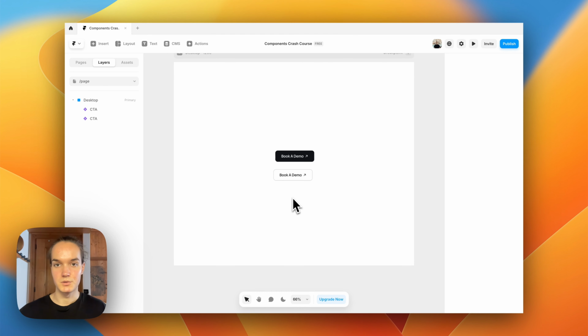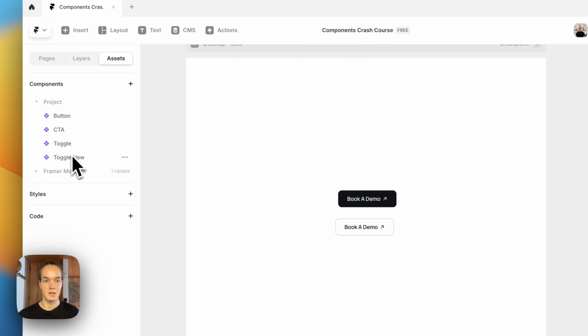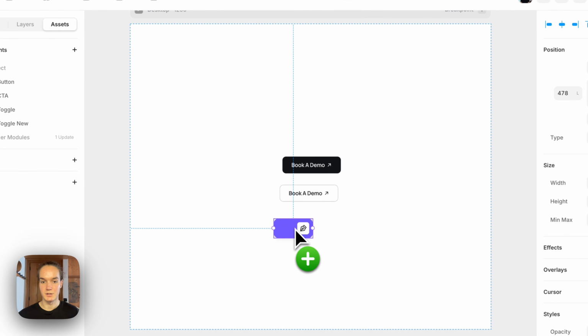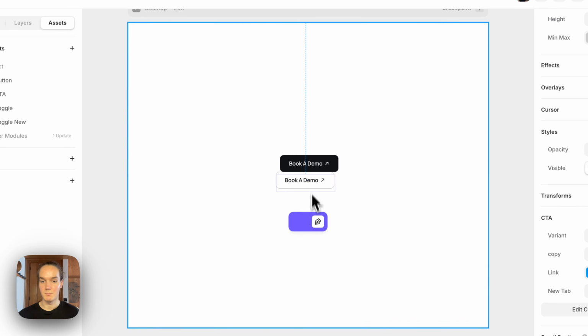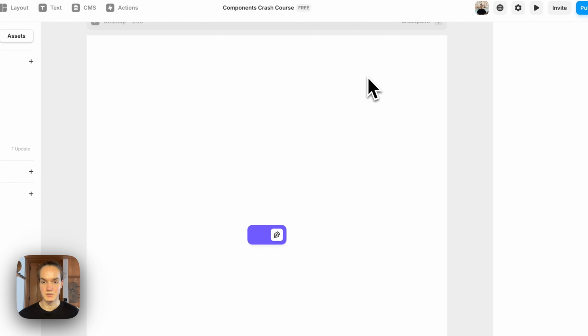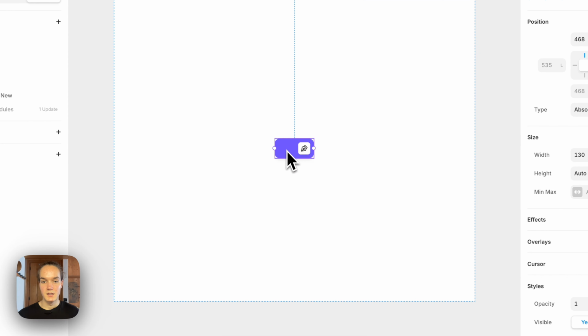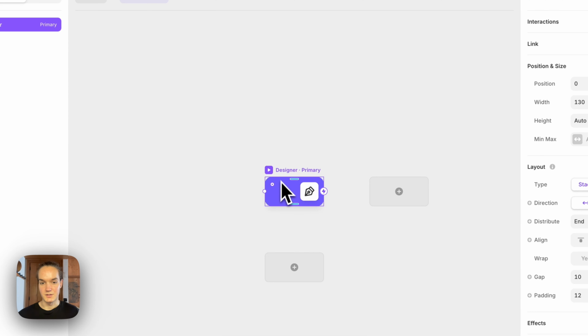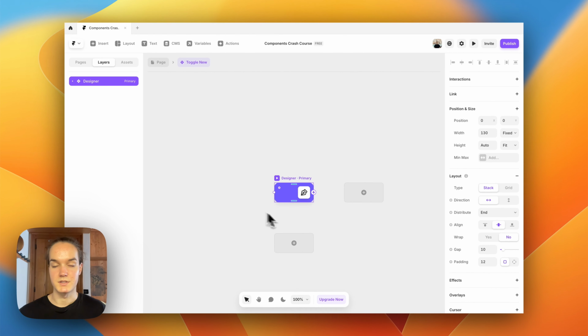Okay, so let's now look into interactions. To make the tutorial a bit shorter, I've already created a copy of our toggle with the basic design. So let me actually remove these two buttons. And it basically has nothing. It only has the first design of the component, which is going to be the designer. Now we want to create the second variant of our component, which is going to be the developer option of